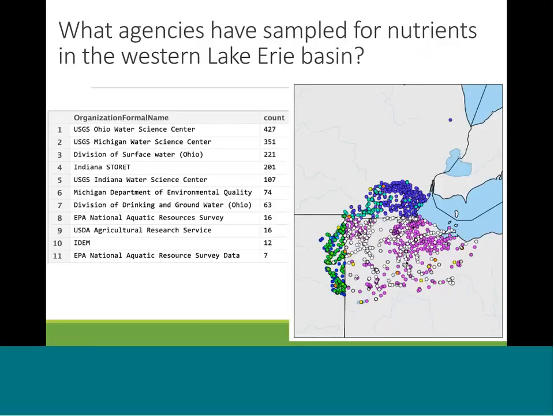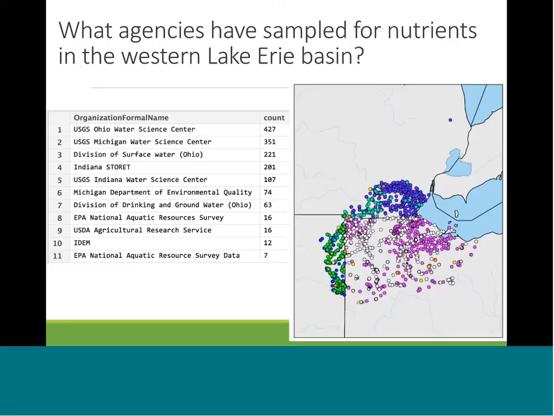So for example, say you're working in the western Lake Erie basin, and you're interested in all the nutrient data that might be available. Well, the western Lake Erie basin crosses the borders of 3 states. And if you pull data from the portal, you can see that there's actually data from 11